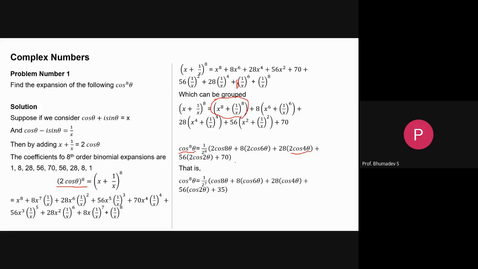a common factor. So similarly, the denominator part 2 to the power of 8 has been reduced as 2 to the power of 7. So this is the expansion of cos to the power of 8 as far as the first problem is concerned. So we will be seeing 2 more sums